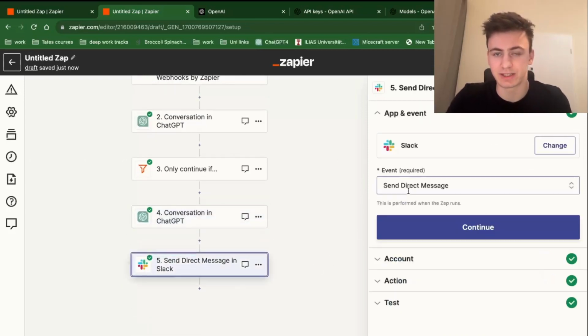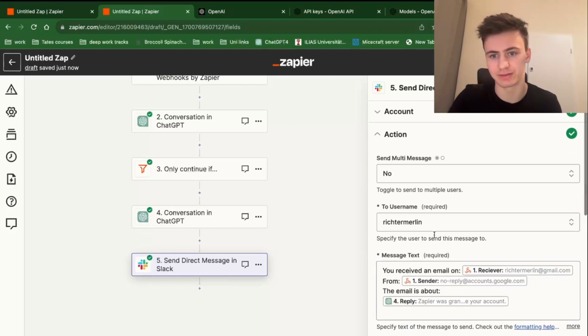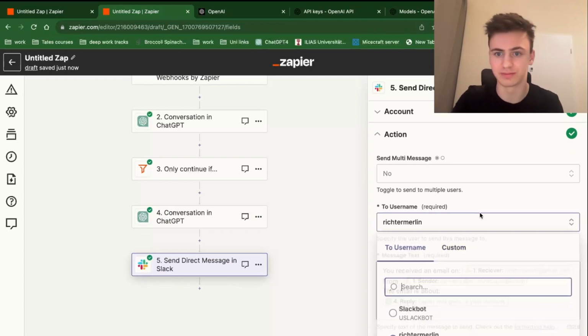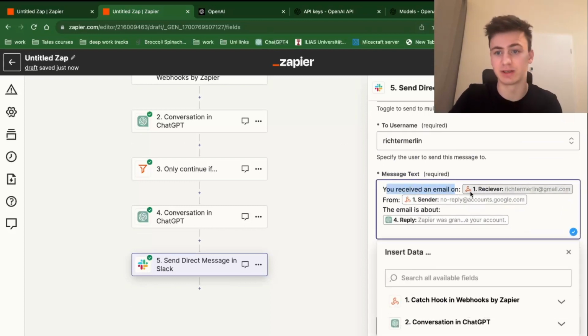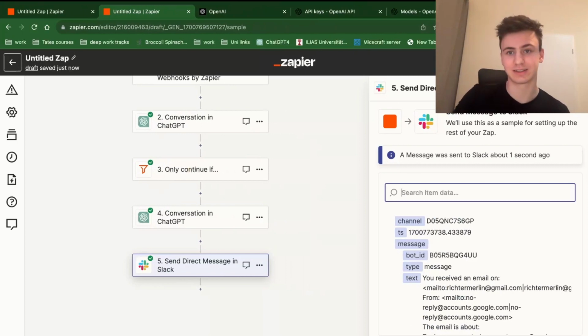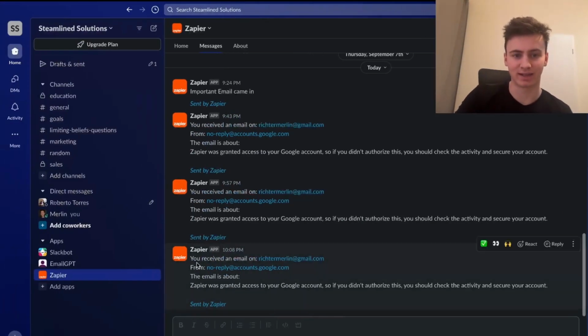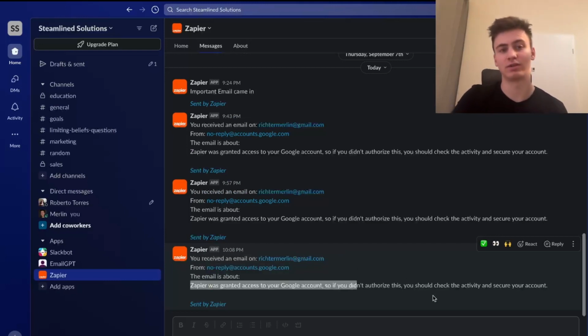That's the summary of the email. And the next thing would be to send a direct message on Slack and choose who to send it to, you or someone else, whoever. Then you write in here, you received an email on, put the receiver email, so you know which account to check if you have a bunch of email accounts, who it is from, and what it is about. Then I will test this, and as you can see here on Slack, I got a message: you received an email on this email account, from this email account, the email is about yada yada yada. So this is really, really nice,